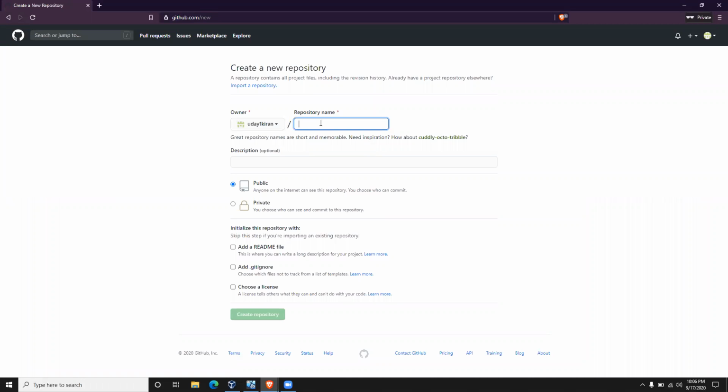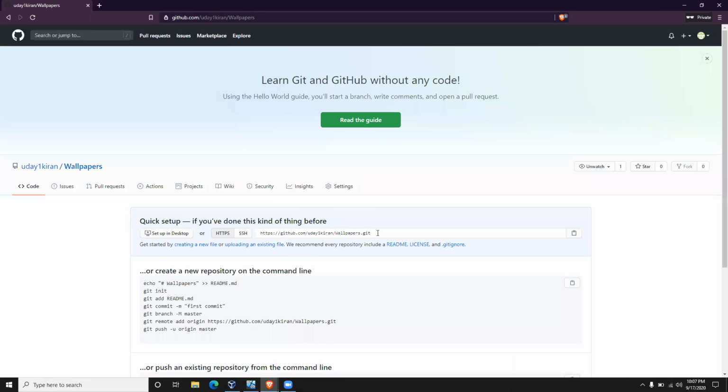I will keep it public so that you guys also can download these wallpapers which I will collect. My collection. Now copy this.